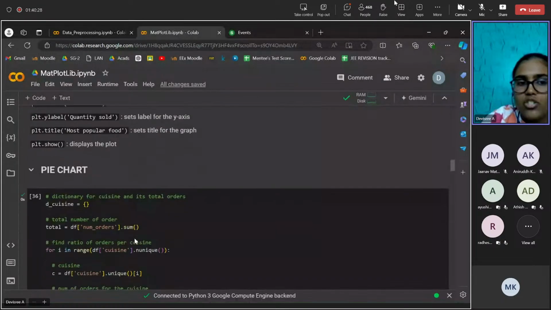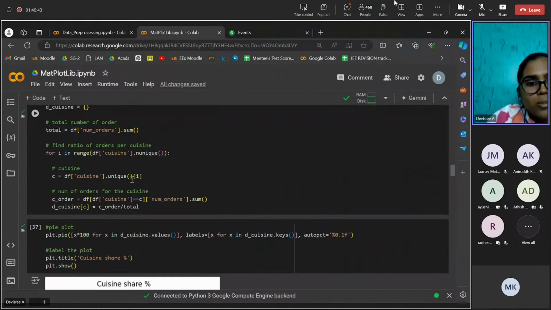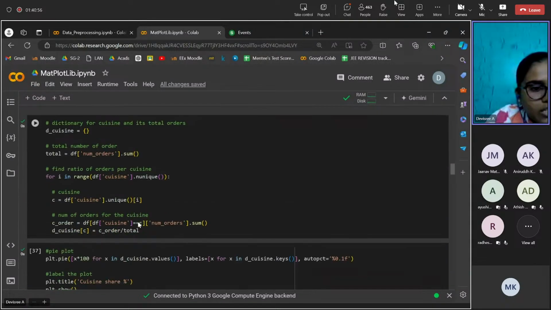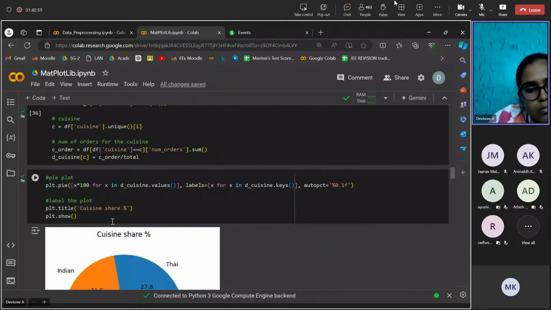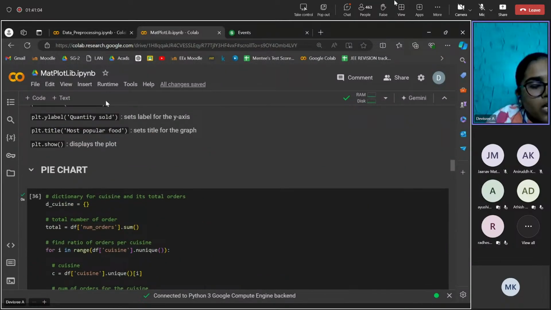So now let's see the pie chart. We use a pie chart to understand the percentage of different categories. So from the given data frame, let's understand what is the percentage distribution of the different cuisines. There is a column for cuisine, and let's see what is the percentage share for different cuisines. So before plotting the pie plot, like in the previous case where we created a table,